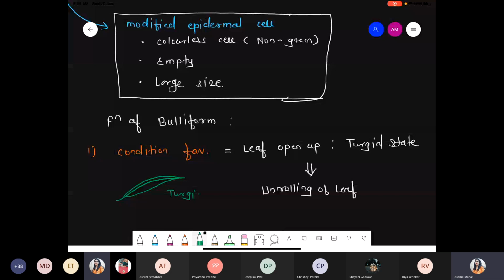During the favorable condition, roots absorb more water, and if the amount of water present is appropriate, ultimately the size and state of that leaf are in a turgid state. So here it will be turgid.